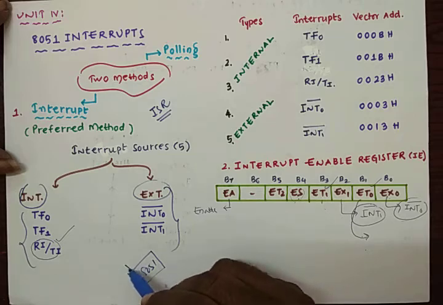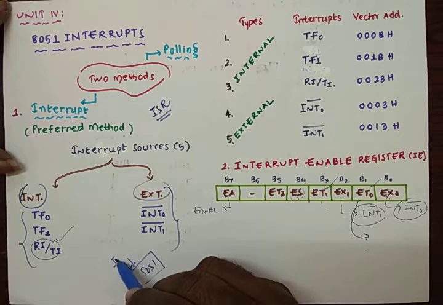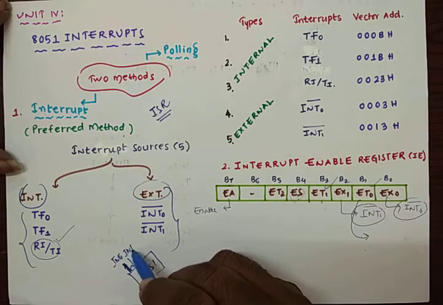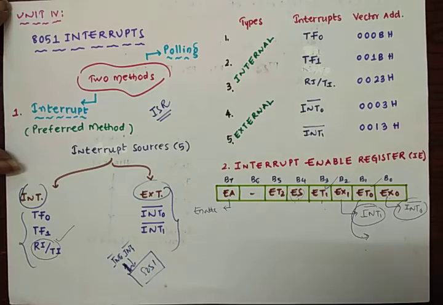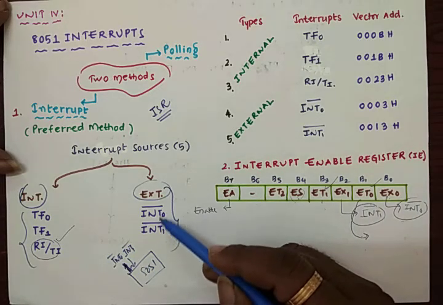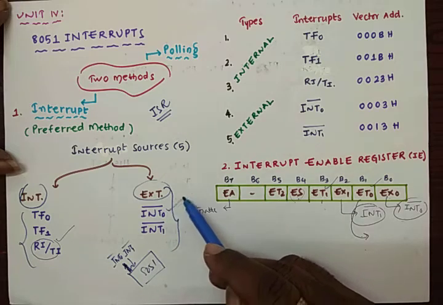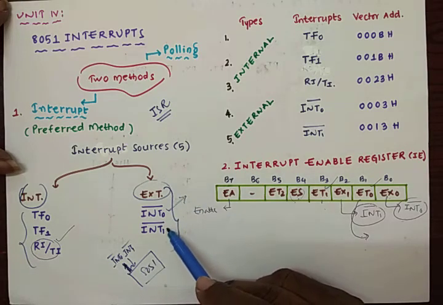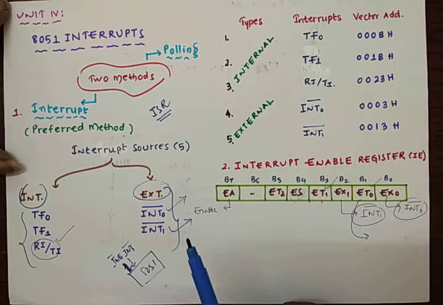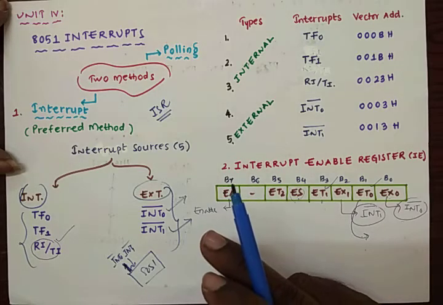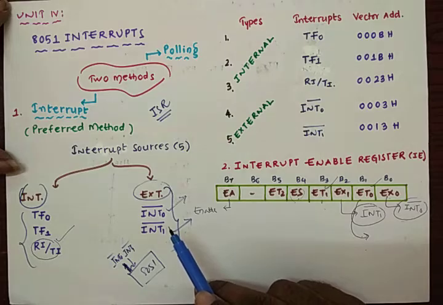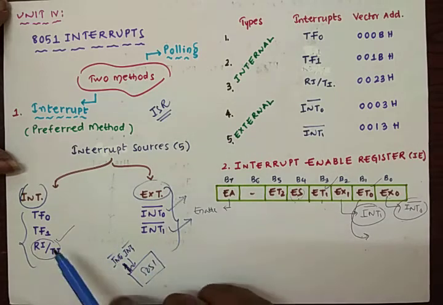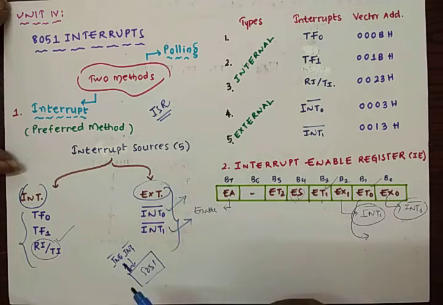In the architecture of 8051, we have studied that there are 2 external inputs, INT0 and INT1, interrupt 0 and interrupt 1. These 2 are active low signals, and each interrupt comes from an input-output device which is interfaced externally to the 8051. These are the 2 external interrupts, and